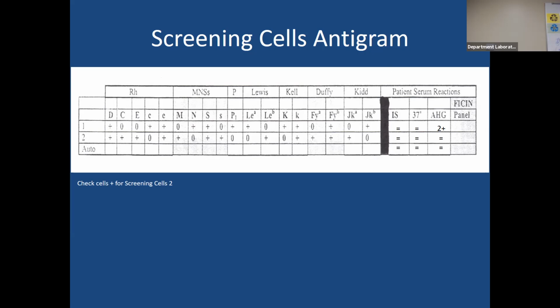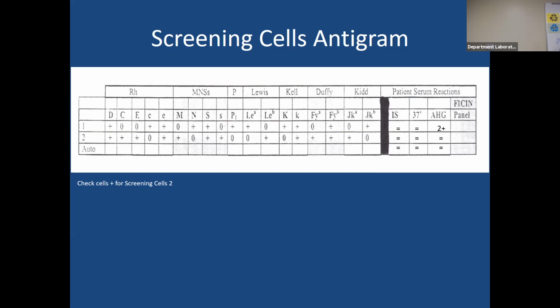So the way you can approach these IATs is, what antigen is present on screening cell number 1, but not on screening cell 2, that would cause this positive reaction in our patient plasma? That's what you have to ask yourself. All right, a lot of students get confused. This is the antigenic expression on your cells. This is how my patient reacted with those cells. This is your patient plasma. All right, so you can go through here and pick out what's present on screening cell 1, but not on